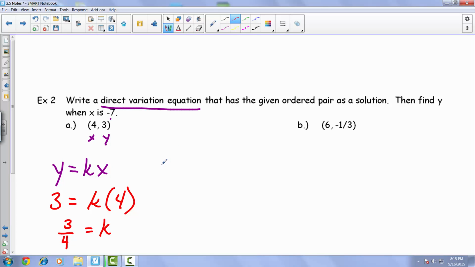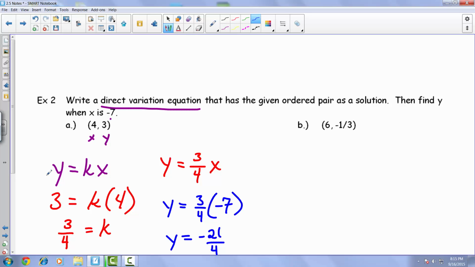So rewriting our equation with our new constant of variation, 3/4, we end up with y is equal to 3/4 x. Now we can go ahead and determine what is y if we know that x is -7. Well, just by substituting in -7 for x, we end up with y is equal to 3/4 times -7. So it looks like y comes out to be